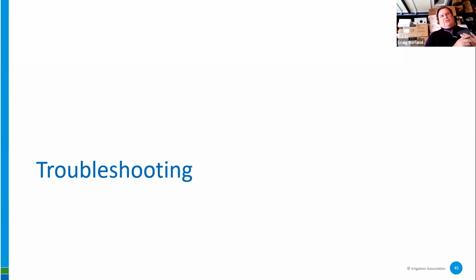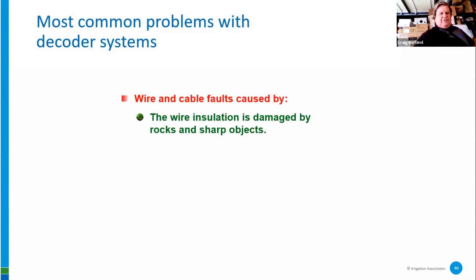You need to do either an old school amperage check or an old school ohm check. If it's a no communication problem, that's where you're using your milliamps and you walk around to see, do I have power here? Maybe my decoder has lost its ability to communicate. So these are two functions in a nutshell, what we're trying to go after. The most common issue, without a doubt, hands down,